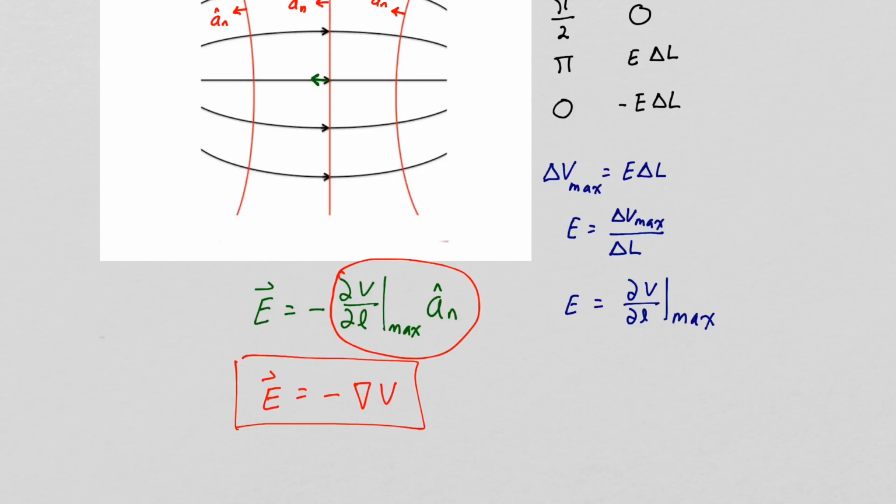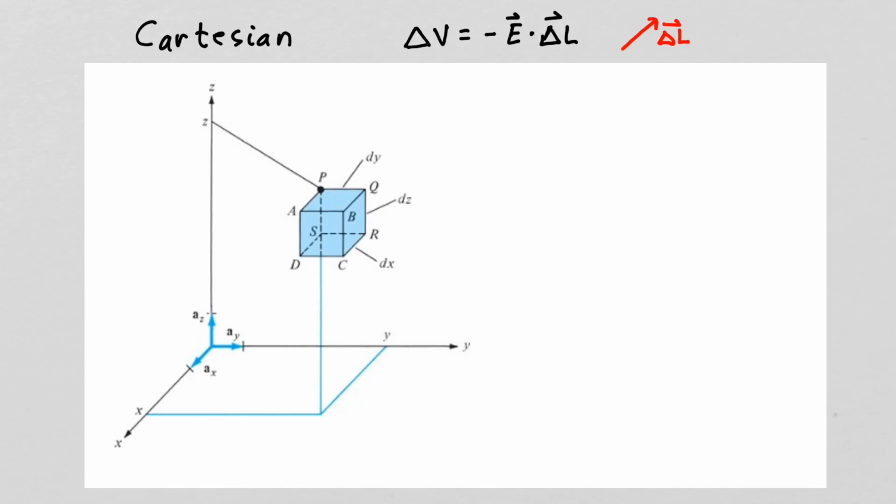As we saw earlier, the voltage drop across our voltage probe is minus the dot product between the electric field intensity and delta L. So let's look at the Cartesian coordinate system. Let's adjust the voltage probe so that it's of length dx and pointing in the x direction. So delta L is equal to dx in the x direction. The voltage drop across that voltage probe, delta V, we will call dV. Let's substitute for delta L and delta V.